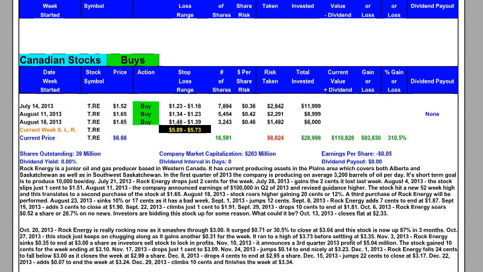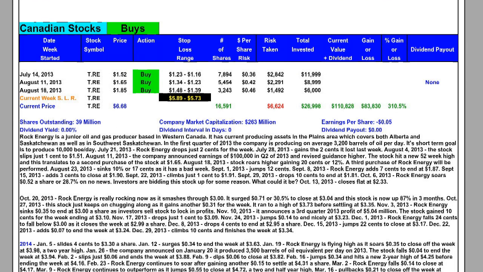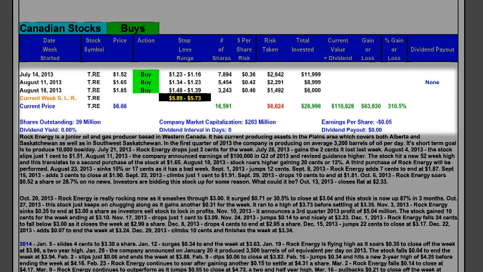Investor Stock Guide strategy is based on 4 separate transactions. Depending on the amount of risk and/or the volatility of the stock or the market, there may be times when only 2 or 3 separate transactions will be done. Shown here is T.RE, which was purchased on 3 separate occasions. July 14th at $1.52 for 7,894 shares, with a risk of